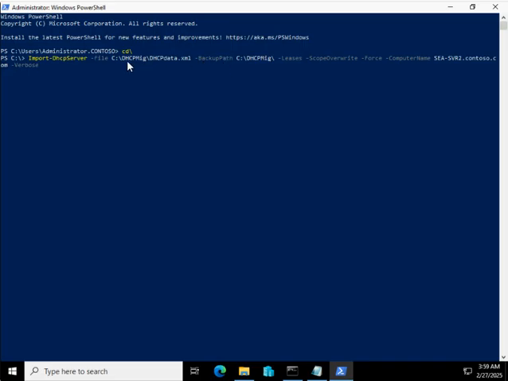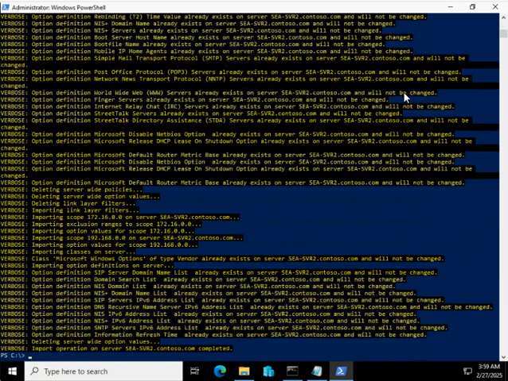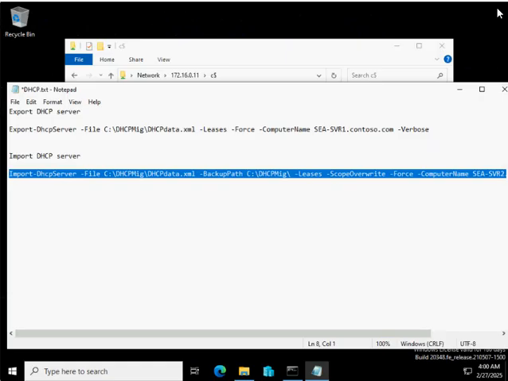So we are creating this DHCP migration. This is the source file which we copied or exported from server 1, and now we are importing it in server 02. Press enter. So it's done. You can close this, right?